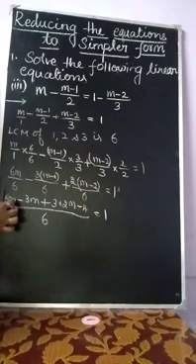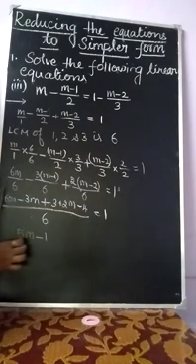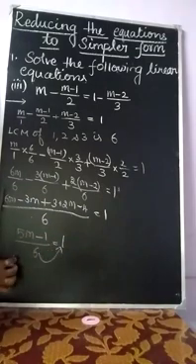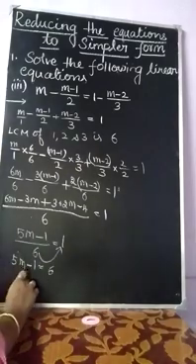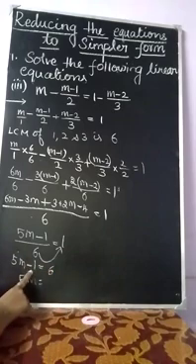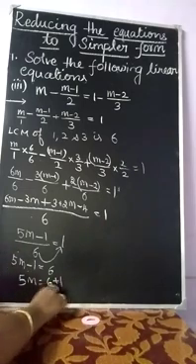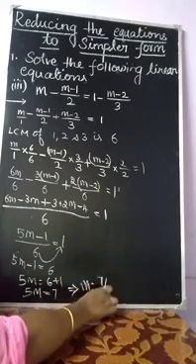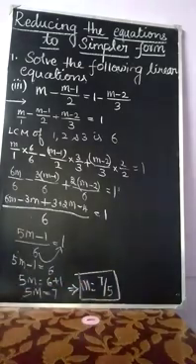Now 6m minus 3m, 3m. 3m plus 2m, what is the value? 5m. 3 minus 4, minus 1, by 6 is equal to 1. Now we have to use the cross multiplication method. So 5m minus 1 is equal to 6. Now 5m is equal to, transposing the minus 1 value to RHS, 6 plus 1, 7. 5m is equal to 7. So what is our m value? 7 by 5. This is the required solution of this equation. m equal to 7 by 5. That's all.